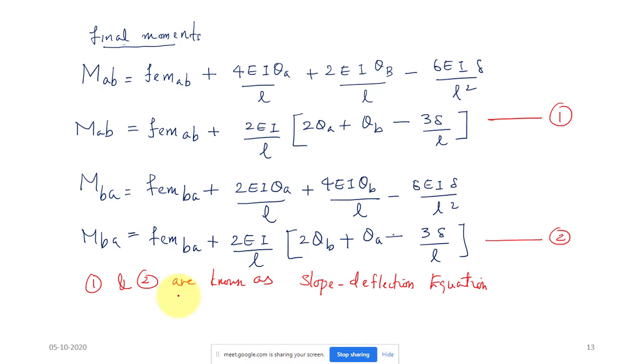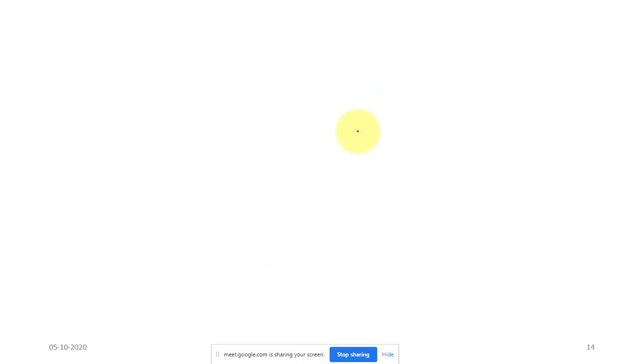So I will just tell the sign convention so that we can wind up. Okay, if you are in doubt you can ask. This is your final equation, and this equation only we are going to use in the equilibrium equation. You will be getting the equation in terms of your degrees of freedom, so that you will be able to solve it. The sign convention I already mentioned, but I will just write it. This is your final equation.